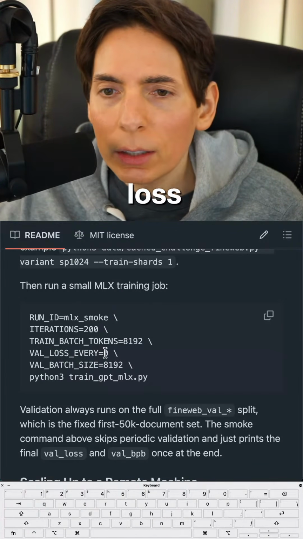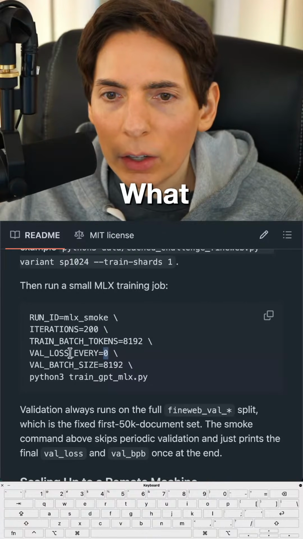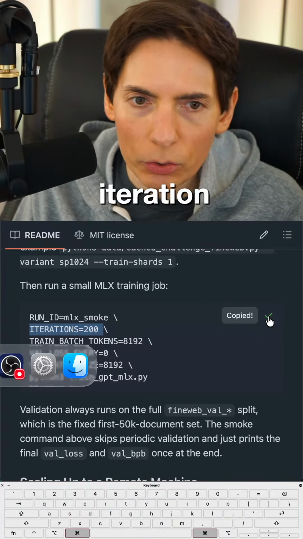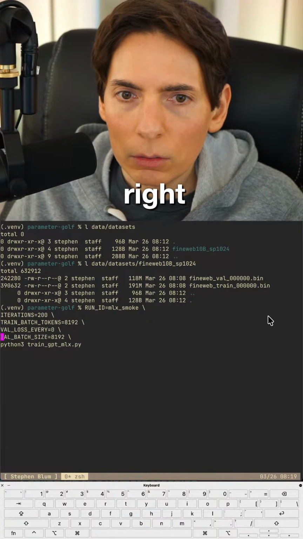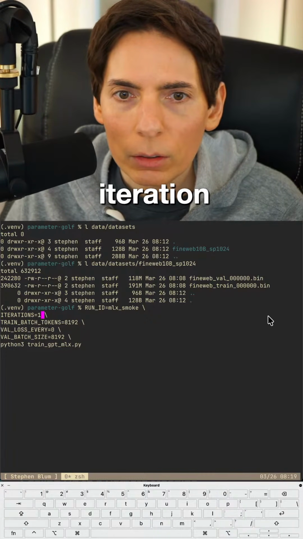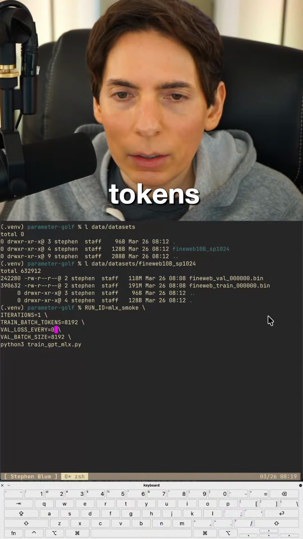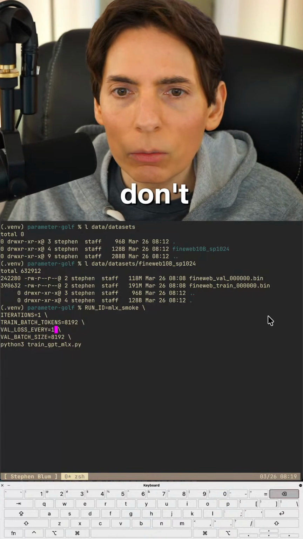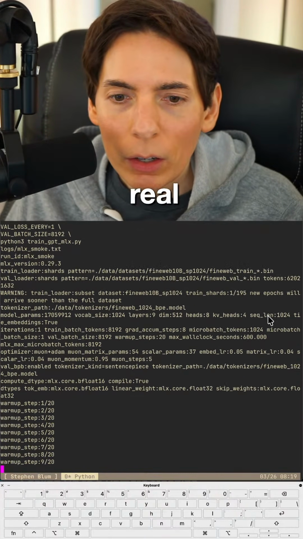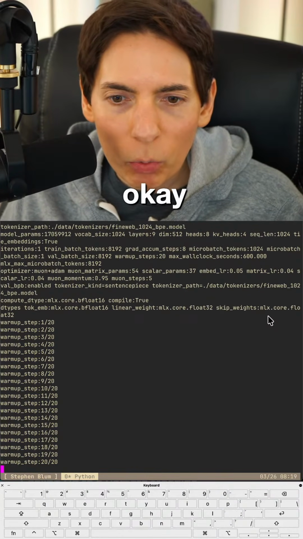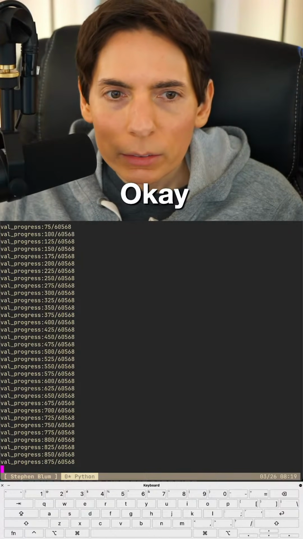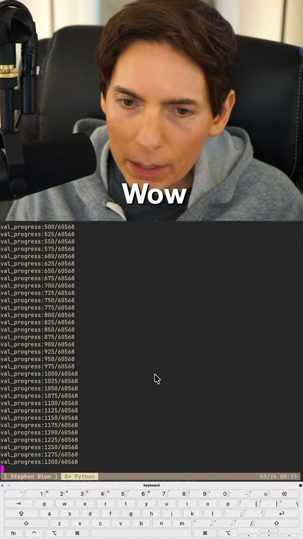Val loss every. What is this val loss every? That might be 200 iterations. Let's do 1 iteration. All right, let's do this. Train batch tokens. And then, I don't know, let's do 1. All right, we're running it now. There it goes. All right, so it's ReLU. Yep, ReLU. Warm up steps. Okay. We're running it. Progress. While that's training,